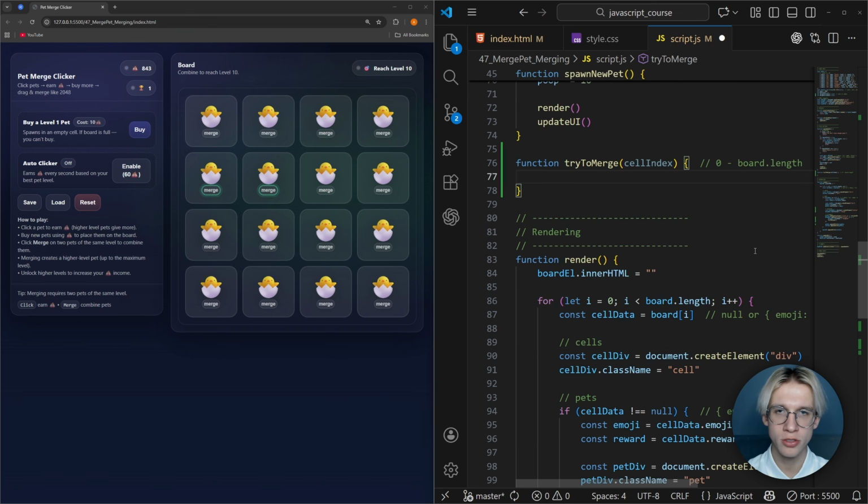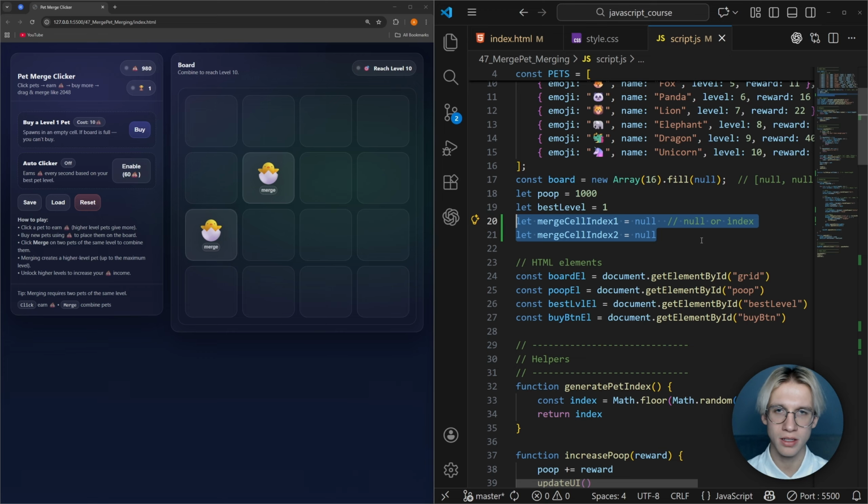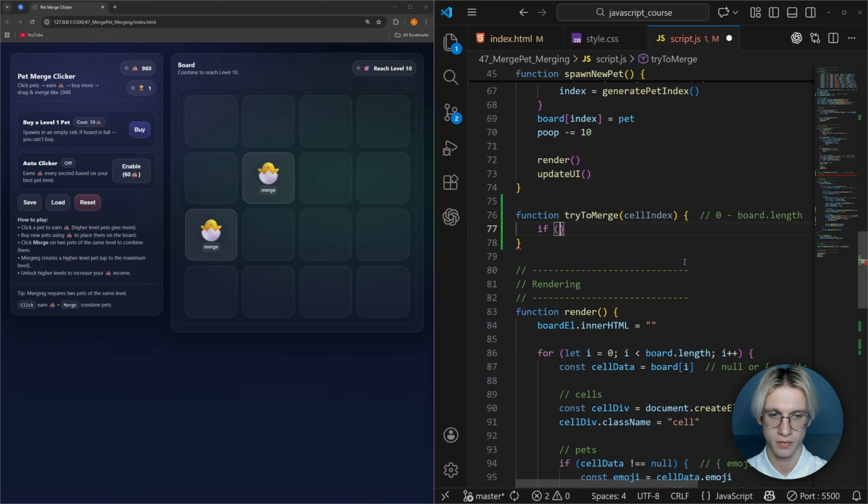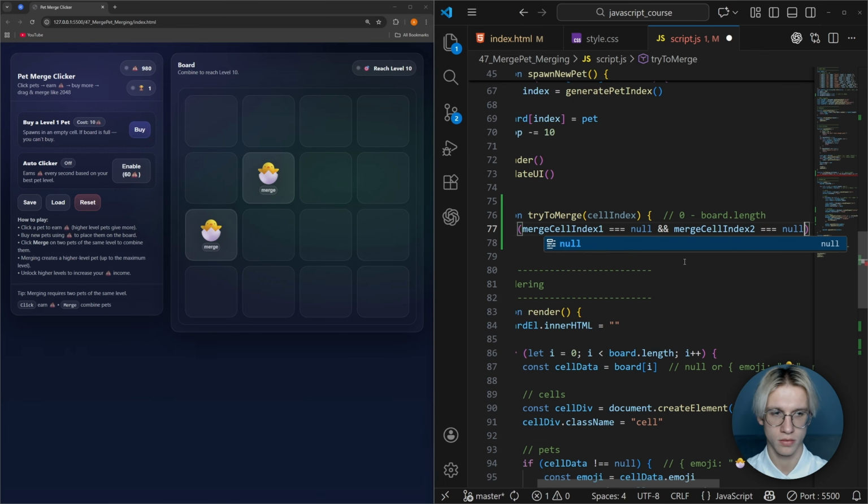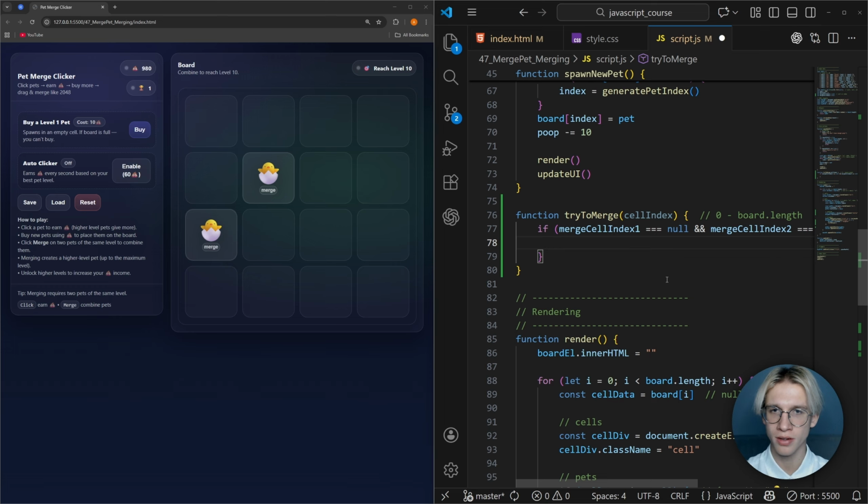So inside of the try to merge function, let's try to think about all the possible cases. So the first case, when both these indexes are equal to null. If they both are equal to null, we want to set our current cell index to the variable merge cell index 1. Then we will have all other cases, but we want to finish this function, so let's write the keyword return